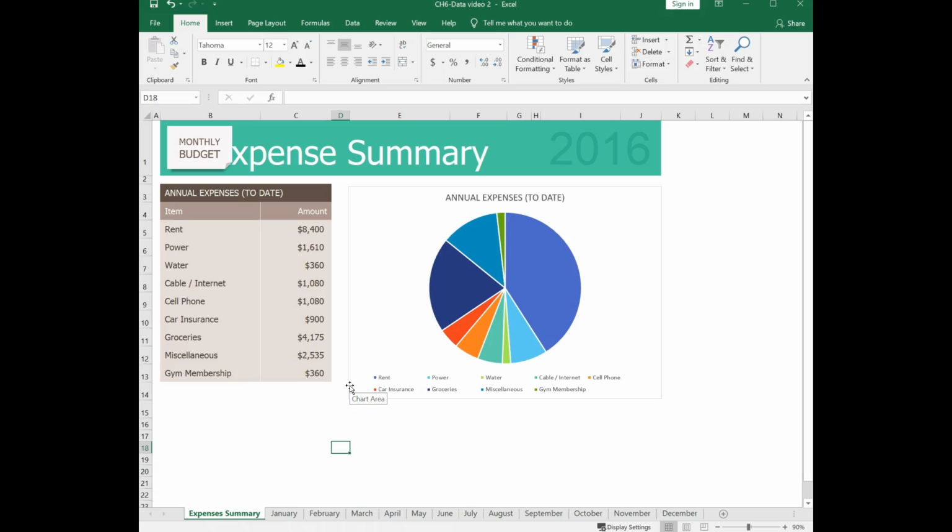Let's say I want to use this spreadsheet in 2017. So we're at the end of December, and I want to be ready to use this come January of